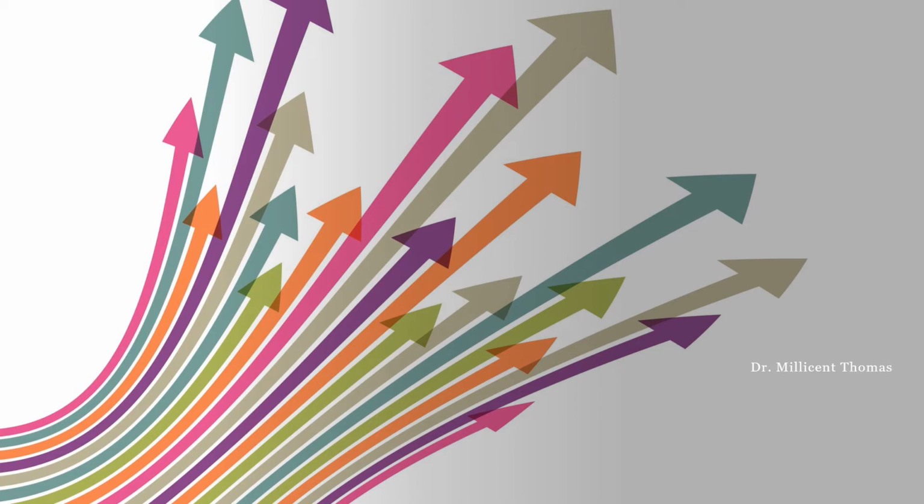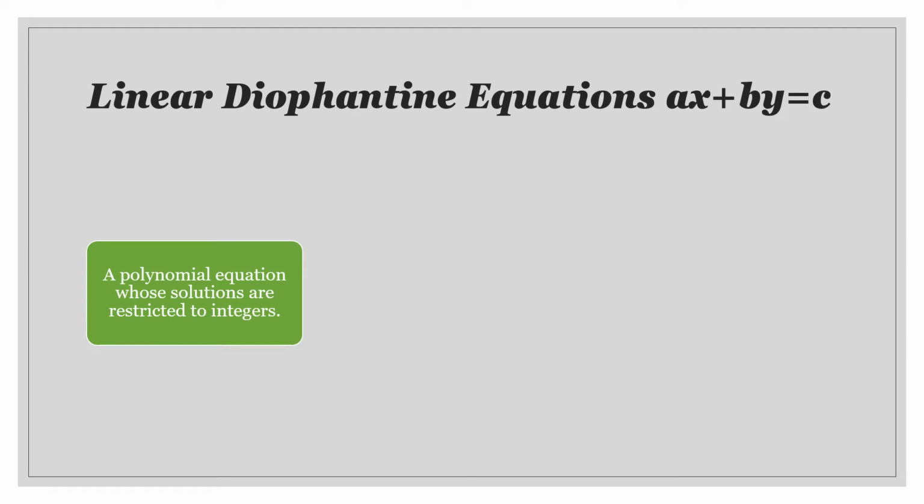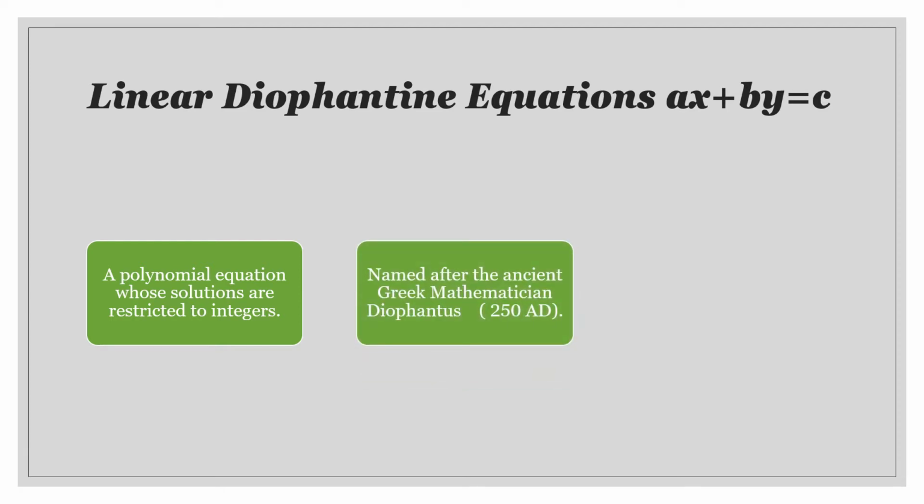In this video, we are going to learn about Diophantine equations. The Diophantine linear equations are of the form ax plus by equal to c. It is a polynomial equation whose solutions are restricted to only integers. That is, the values of x and y will be integers. This is named after the ancient Greek mathematician Diophantus,